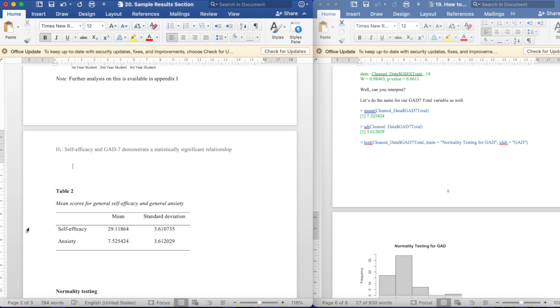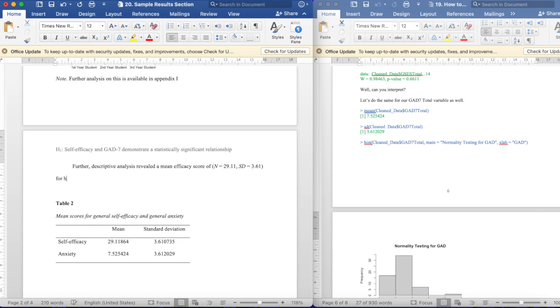Further, descriptive analysis revealed a mean efficacy score of, now this is how we are going to write, n idle x 29.11, and then standard deviation 3.61 for the entire sample, with